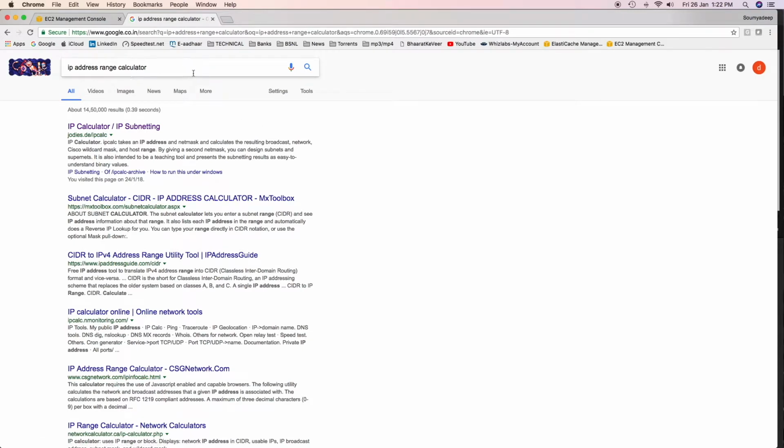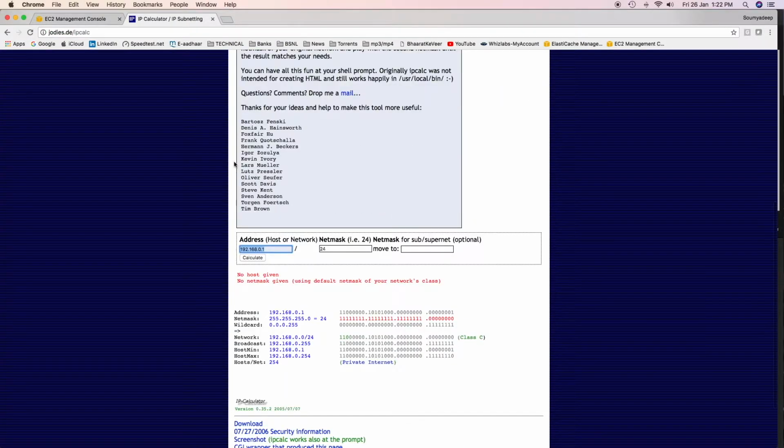Google "IP address range calculator," and you can find a lot of information and a lot of tools out there. Click the first one, and it asks you to give the network address, and then it will give you the minimum IP and the maximum